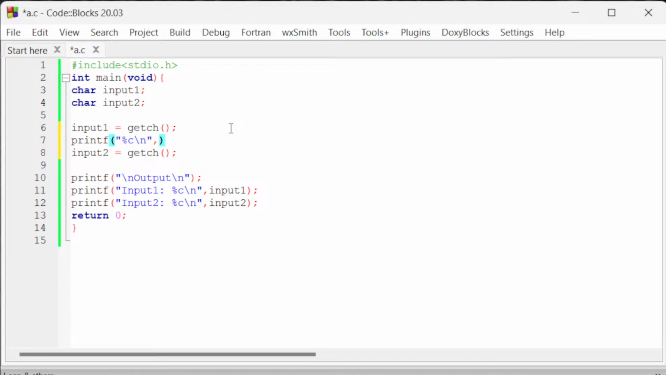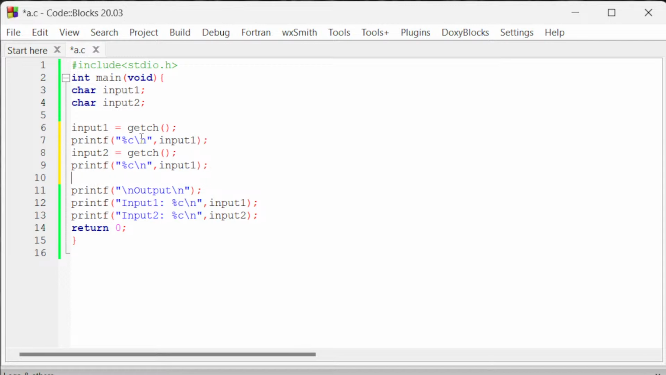The first input we want is input 1, so I put input 1 right here. We do the same thing for input 2 as well. Make sure you put a semicolon after this, and then I'm going to copy and paste this one over here as well. Okay, and then I change this one into input 2. Now if I go ahead and build and run,